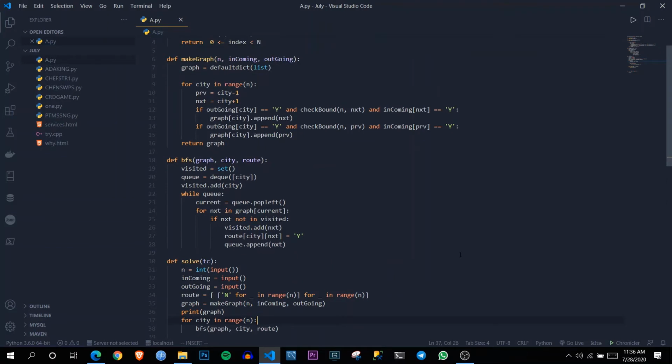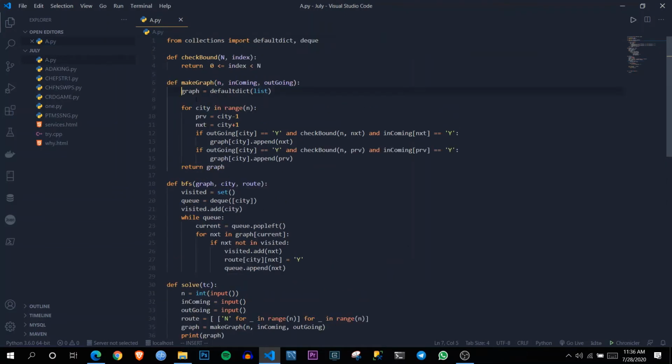So this make graph function is written over here. First of all, we are using an adjacency list representation, so that's why we are taking a default int. This is basically how to define a graph in Python, so this is a very basic thing. We are taking a previous and a next. So for each node, let's say we are taking both sides, both the adjacent.